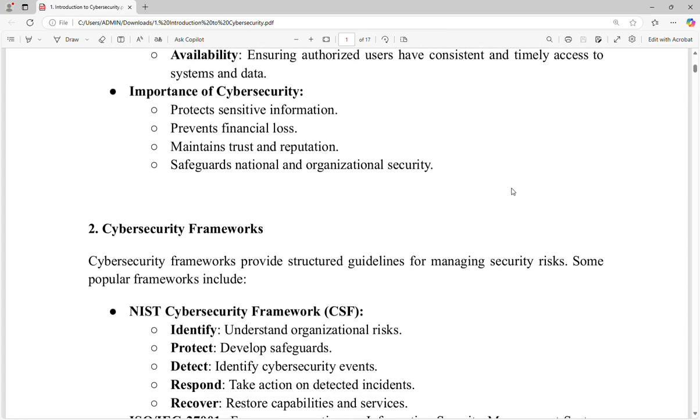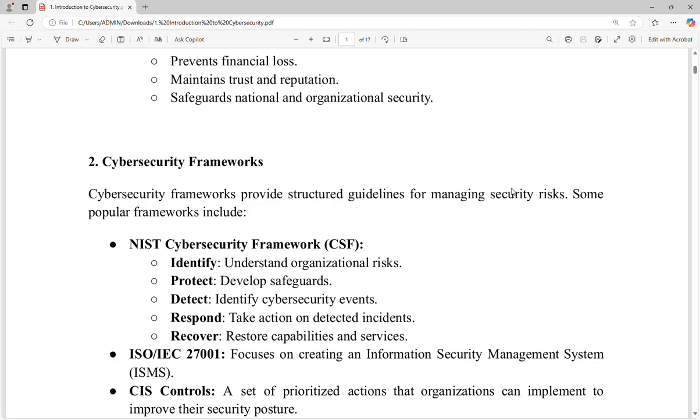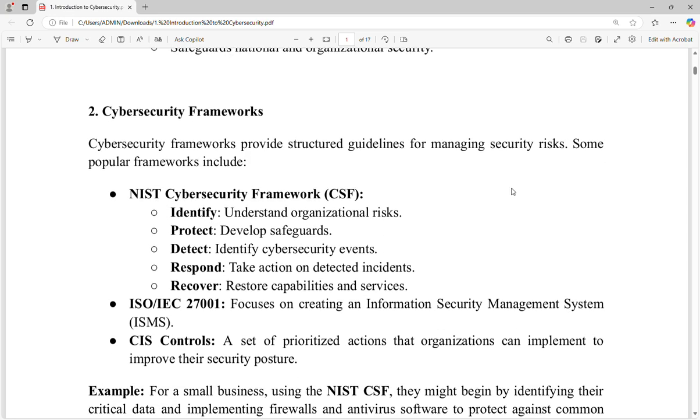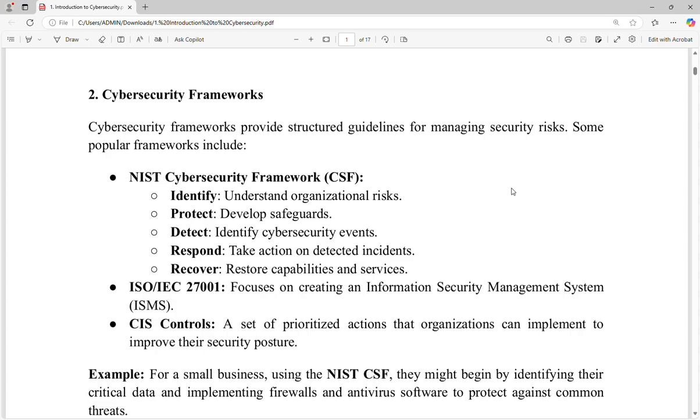Now we will move to the cybersecurity framework. When we're talking of the cybersecurity framework, this provides structure and guidelines,